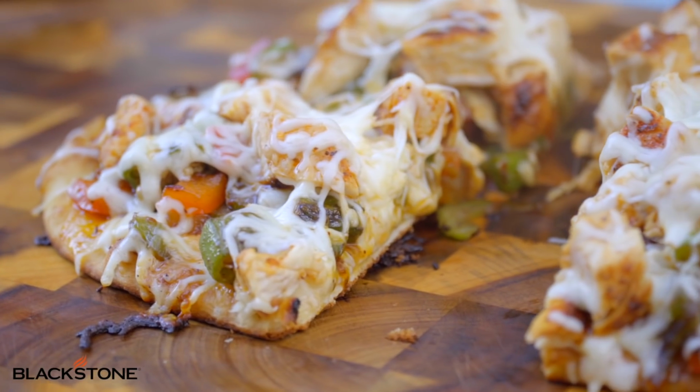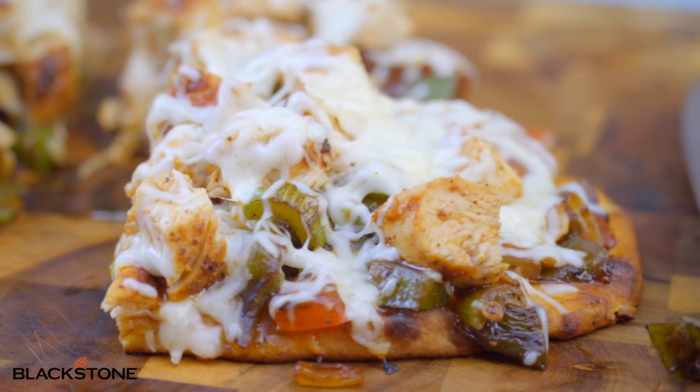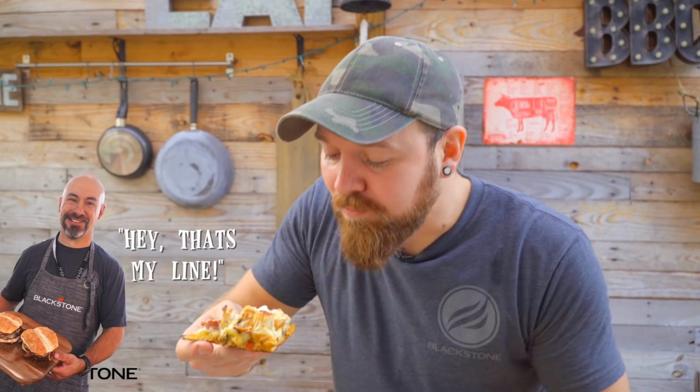And guys, that's unbelievable. I mean, look at this. We've got all those beautiful, delicious ingredients. We got gumbo on a flatbread. Are you kidding me? Your friends are gonna love this. Let's give it a try here. Let's give it a try. Oh yeah,